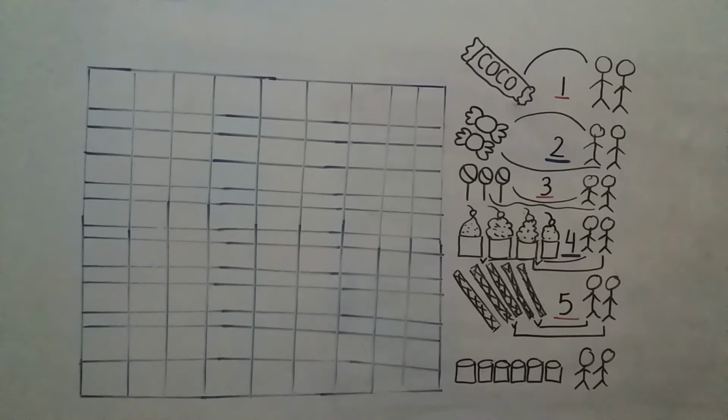Alright, now let's do the last example. I have marshmallows with me. How many marshmallows do I have? 1, 2, 3, 4, 5, 6. I have 6 marshmallows. Let me just write 6 over here, okay? Now let's see, if I divide them by 3, let's do a bigger number. If I divide them by 3, like 1, 2, 3, this is one set and this is the other set. Would I be able to divide these 6 marshmallows in total between the students? Yes, I would. If I give this set to this boy or girl and this other set to this one, yes, I was able to divide.